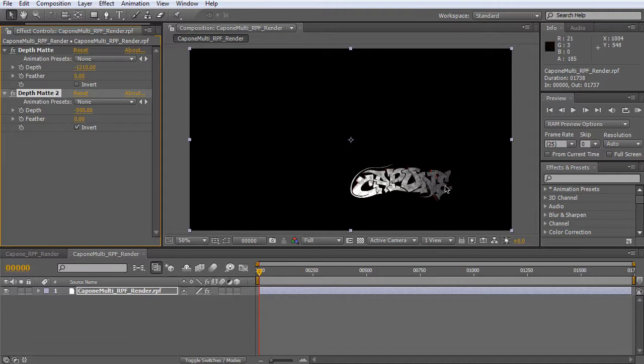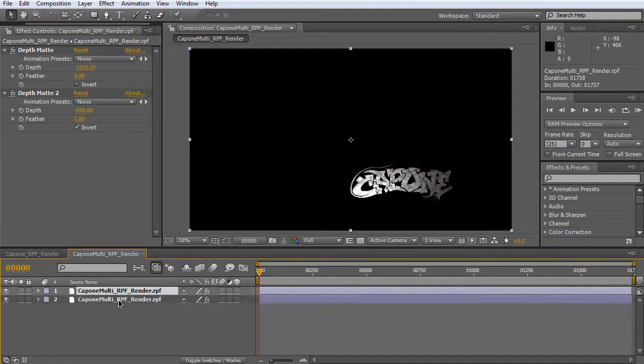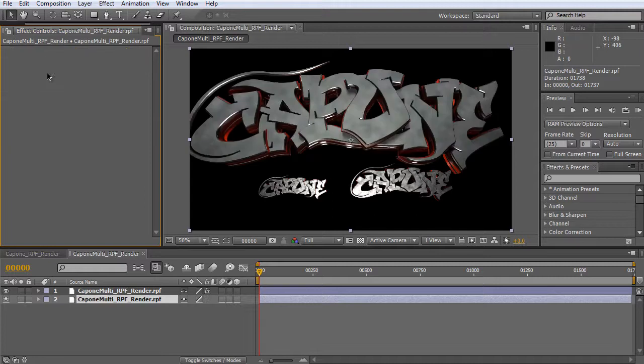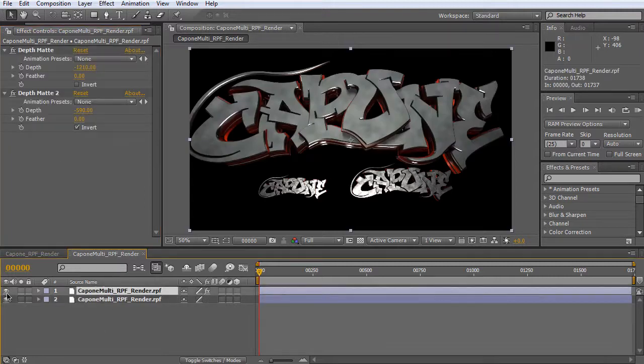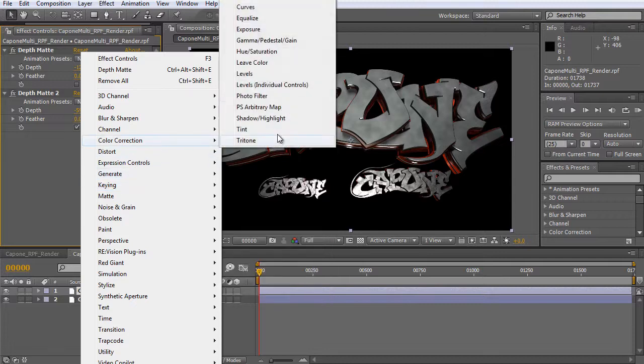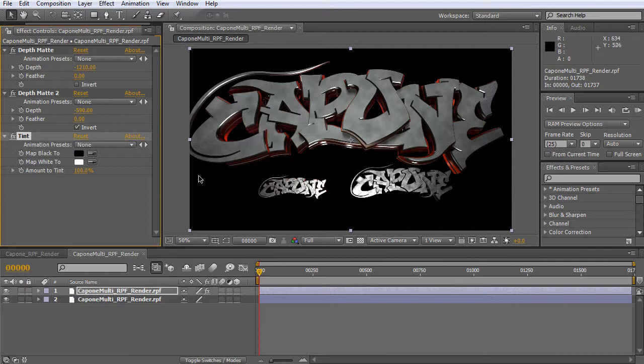Now imagine if this was a moving object, I would need to rotoscope that object, and that can be quite painful. This method allows you to do it without having to rotoscope that object. So I can then duplicate that, Control D. The bottom one, I can get rid of the depth matte, and the top one, I can maybe put a color correction, and let's put a tint on it,